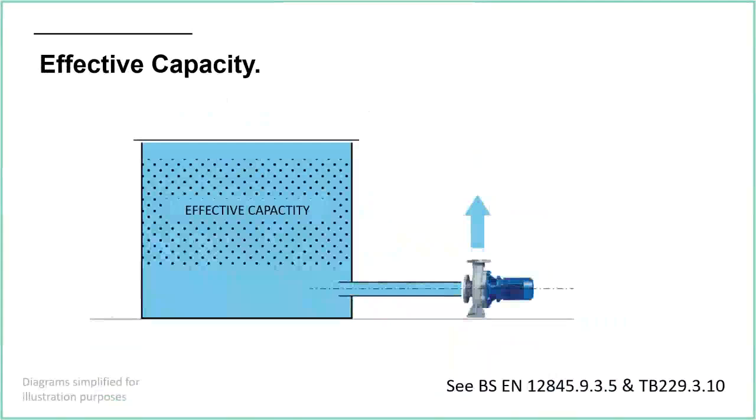Effective capacity then. This term basically means the useful amount of water. Just because we've got a tank with a volume of say 10,000 litres, that doesn't mean that we've got all that water available to us. We can't count the very top of the tank because often that's where the overflow arrangement is. We have an air gap as well to the float valve, so we can't fill it. We can't use the water all the way to the top of the tank because there's always going to be a gap there. And we can't use the water all the way to the bottom either,